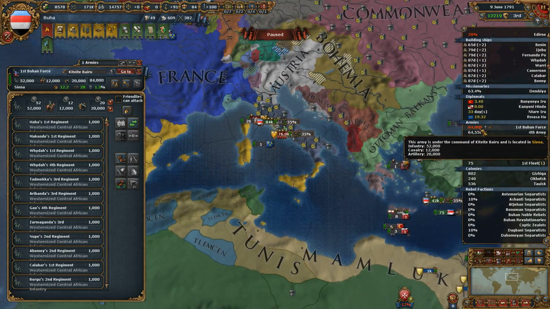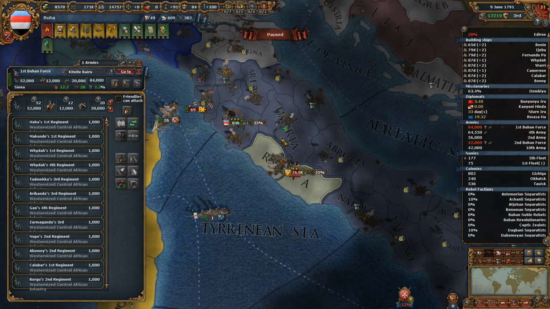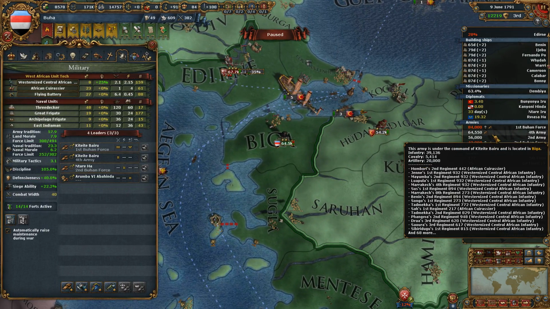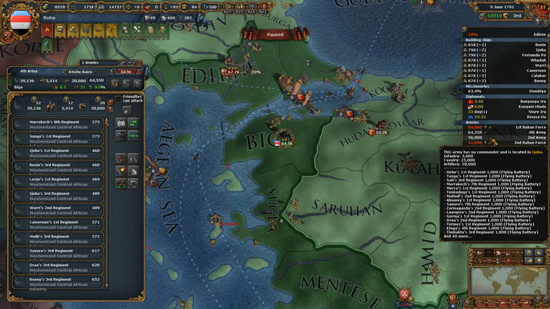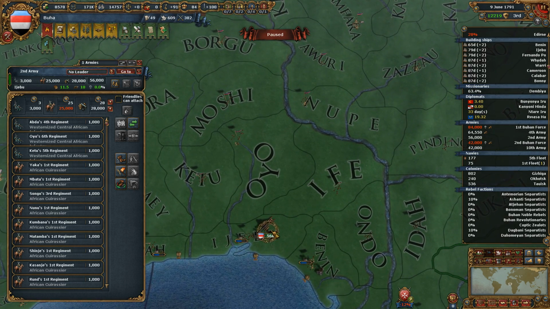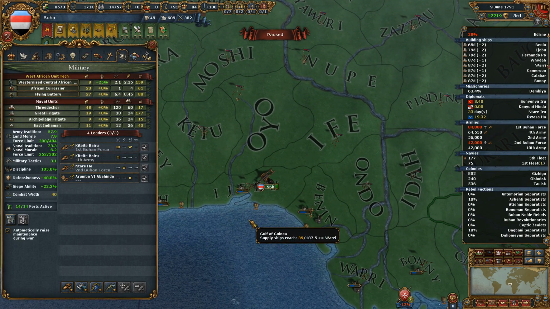So, our armies. We've got the 84,000 up here. 12 and 20. Not enough cannons by far. How many cannons do we have altogether? 88,000. We've got 20,000 over here. We've got 28,000 down here. You know what? If I'm going to go with this army composition,